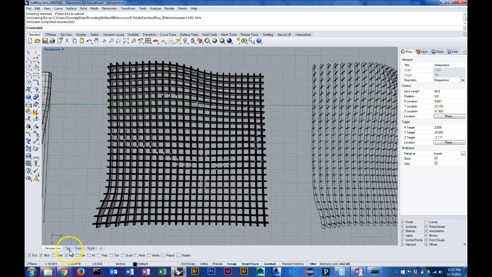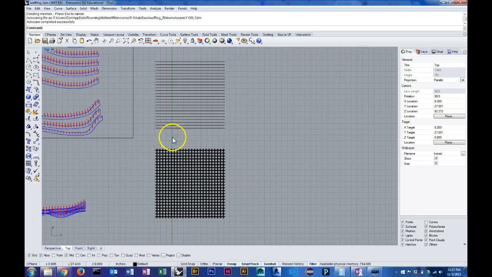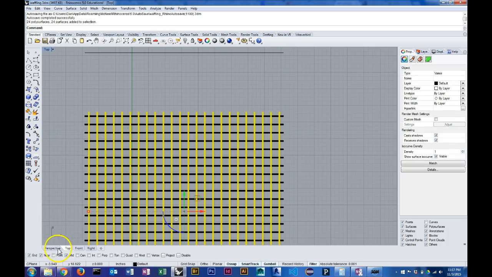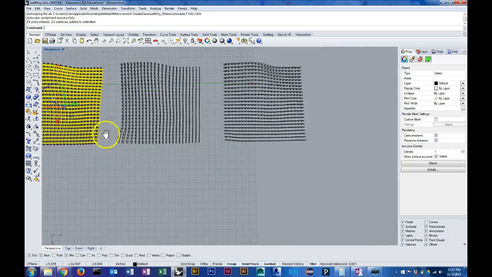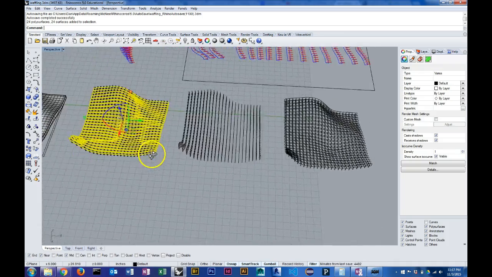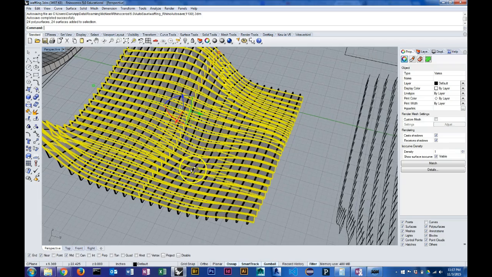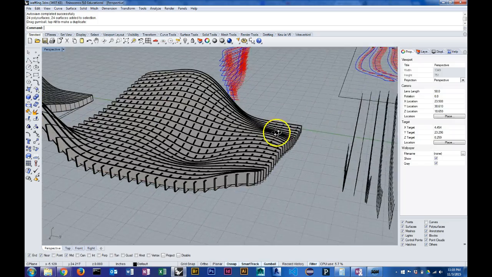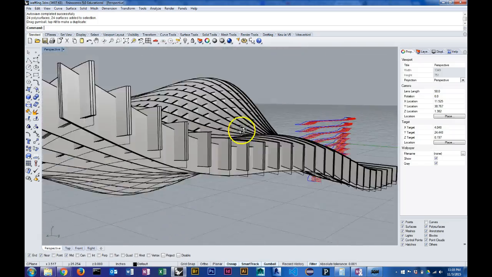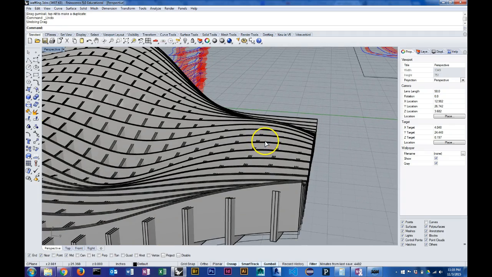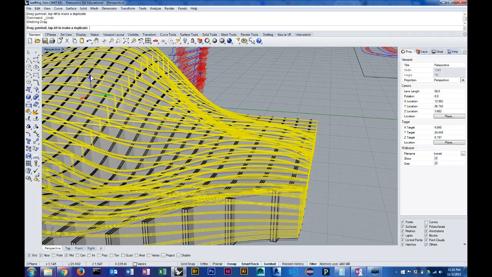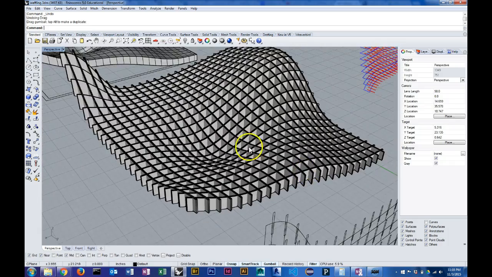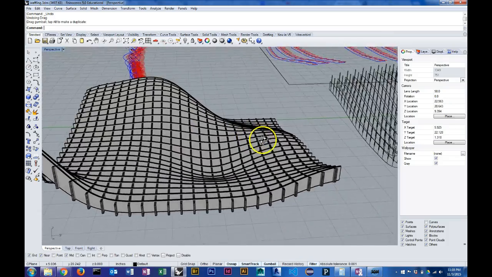So I'll just go to the top view to select these, so that's a little bit easier. And I think it's this way for this. Alright, so there's my horizontal surfaces, or polysurfaces. So I'm just going to move these up just a little bit, so that it's clear that they're not quite at the same level. Maybe that was a little bit much. But yeah, so just a tad. Alright, so now that I've done that,